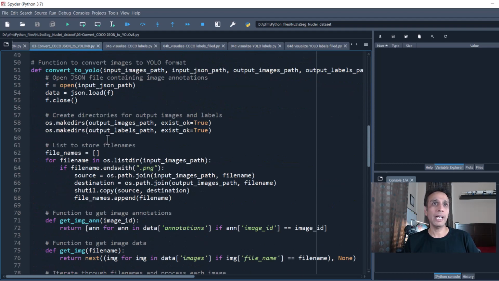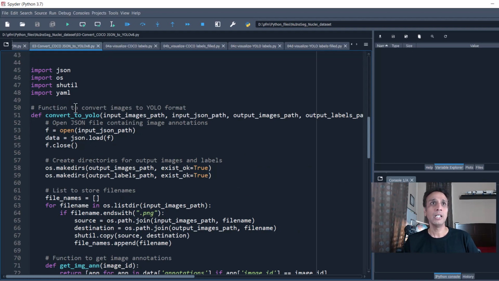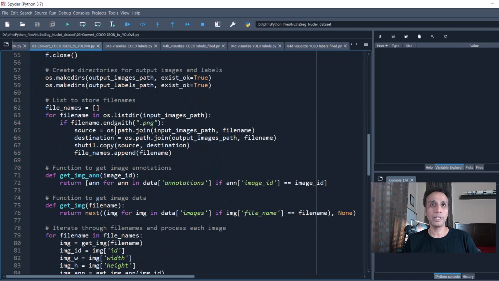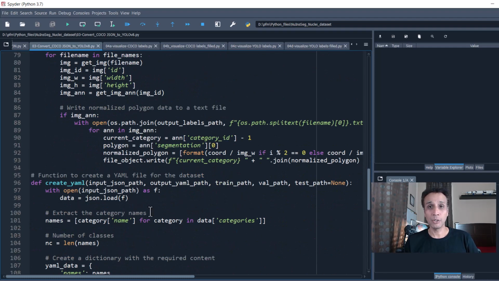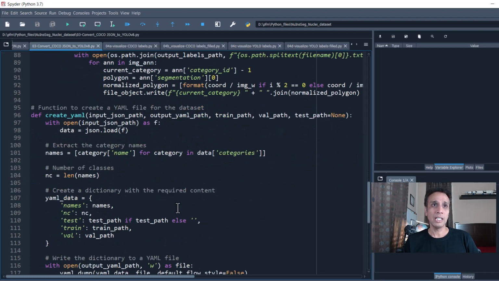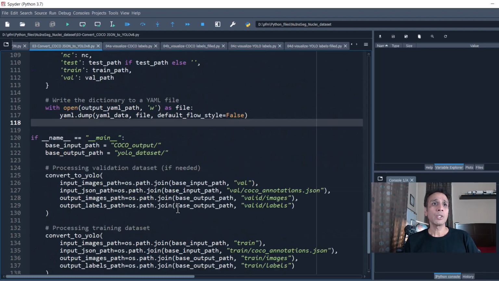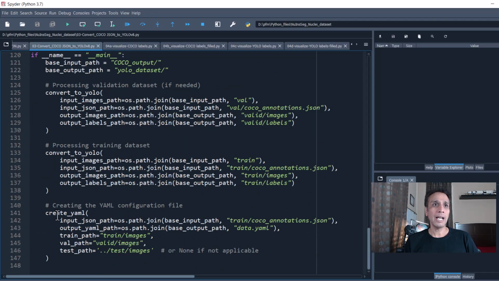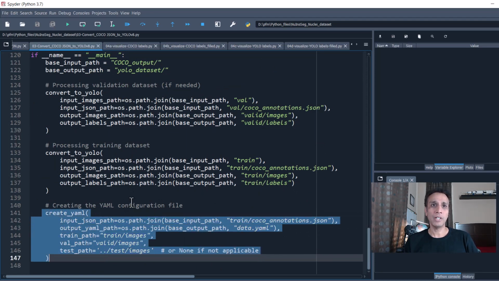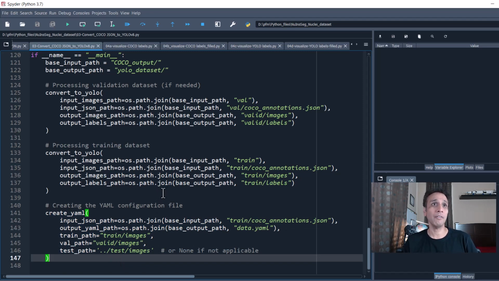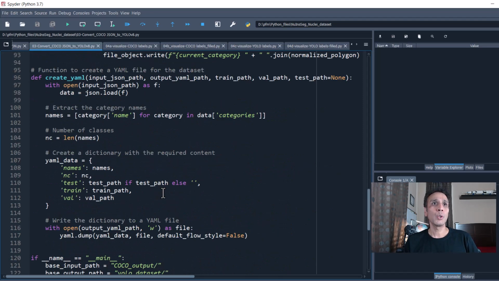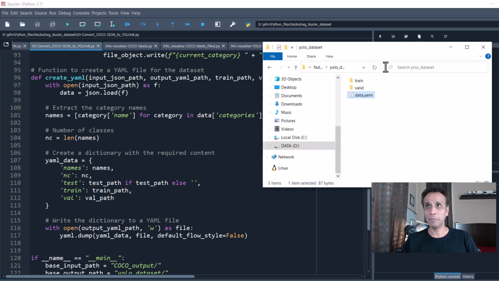So again, go ahead and go through this if you want to see how to convert this to YOLO. All we are doing is taking this input and saving those as individual text files for each of the input images. So at the bottom, I also have a create YAML part right here, where it's just dumping this into a .yaml file. That's pretty much it. Nothing fancy over there. So after this, when you execute this code, you'll end up with basically this one. I already showed you what this is. Now,